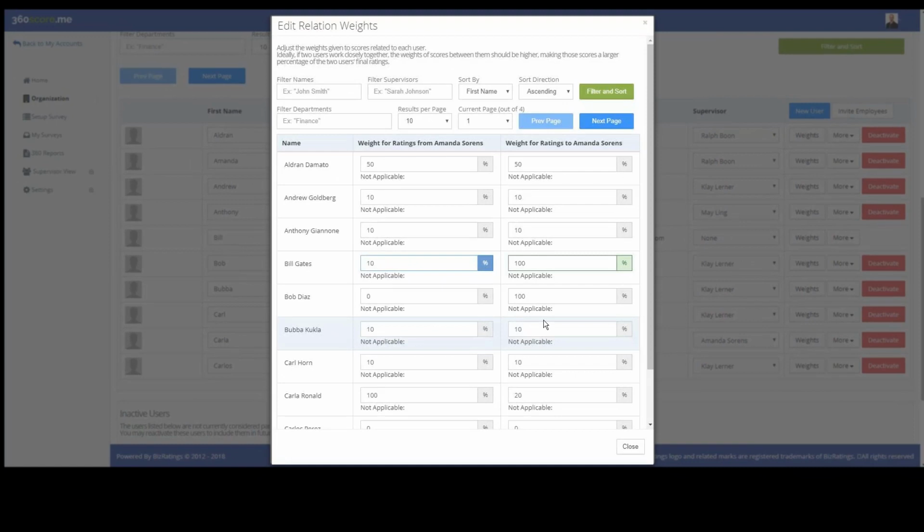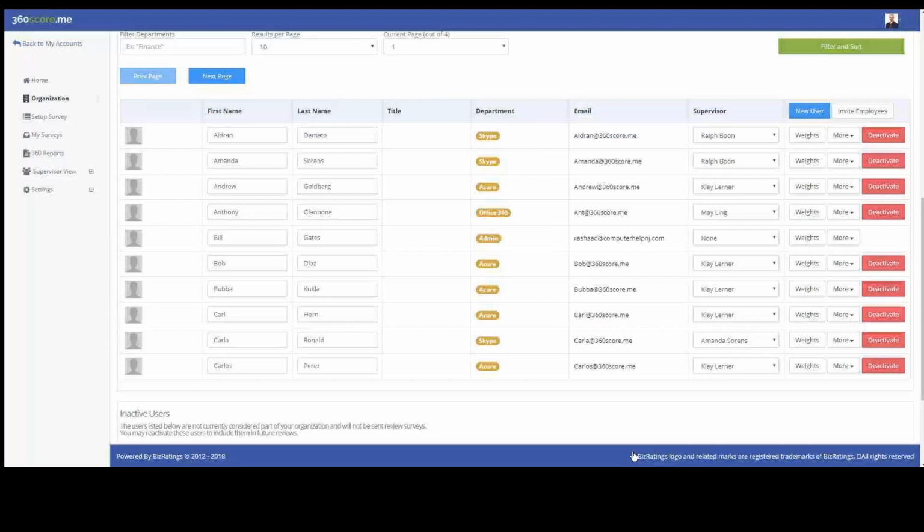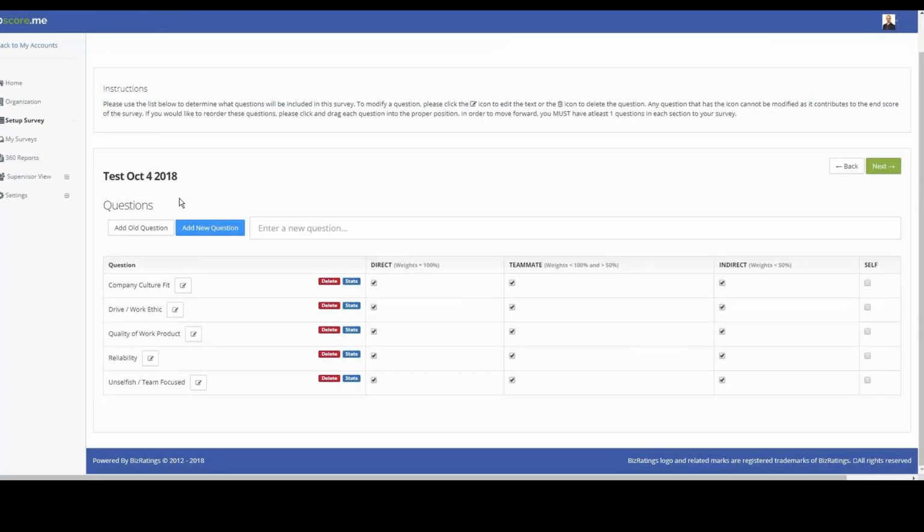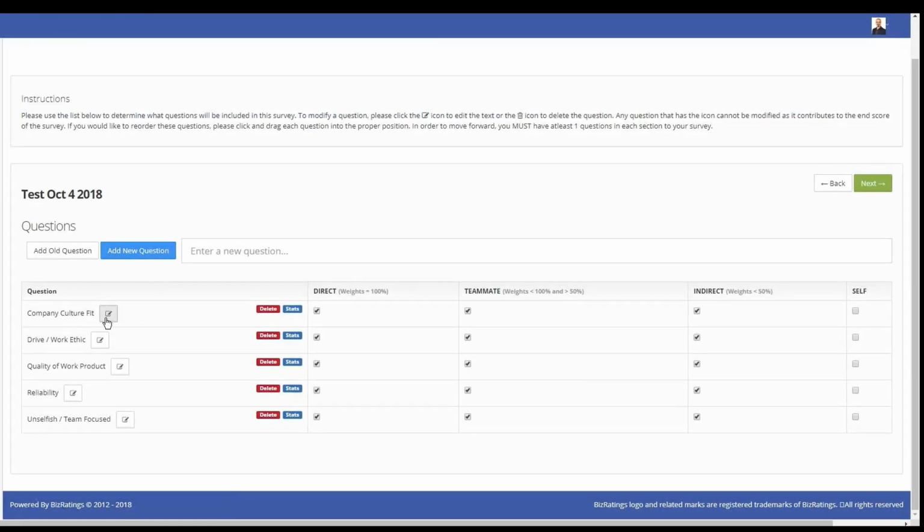So now that we know how everyone works with each other in the organization, now is when we can set up a survey and figure out what their opinion is of each other and what the reputation of people is in the organization. The way that we do that is by setting up a survey. And by default, these are the questions that we provide. You can have these questions go only to folks who are direct reports, remember the 100% weighting, or maybe you want to have them go to teammates as well, where it's a 50% weighting.